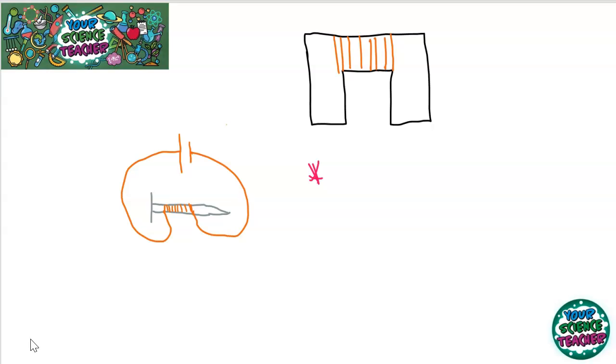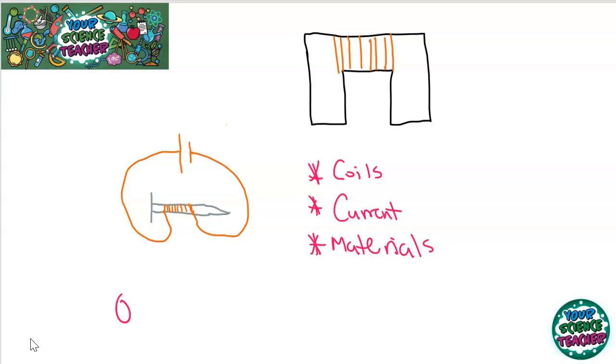You can do that by changing the amount of coils. The more coils, the bigger the strength of the electromagnet. Also, you can increase the strength of the electromagnet by increasing the current going through it. Or you could even change the strength by changing the material. Also, the real benefit of using an electromagnet is the fact that you can turn it on and off